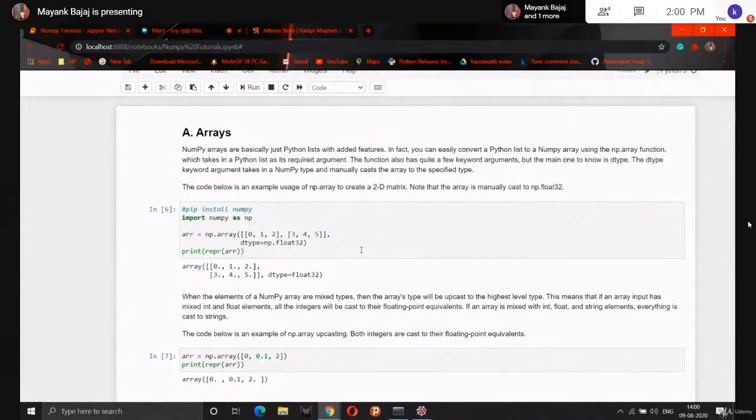What does REPR do? Joshua Nyarko Boiting asks. Sorry for mispronouncing your name. But Joshua, I had told you earlier that REPR is nothing but a good way of printing this array. If you just use print on the array, then it will not write the array keyword, the commas will be missing, and the square brackets will also not be present. So for better visualization, we are using REPR.